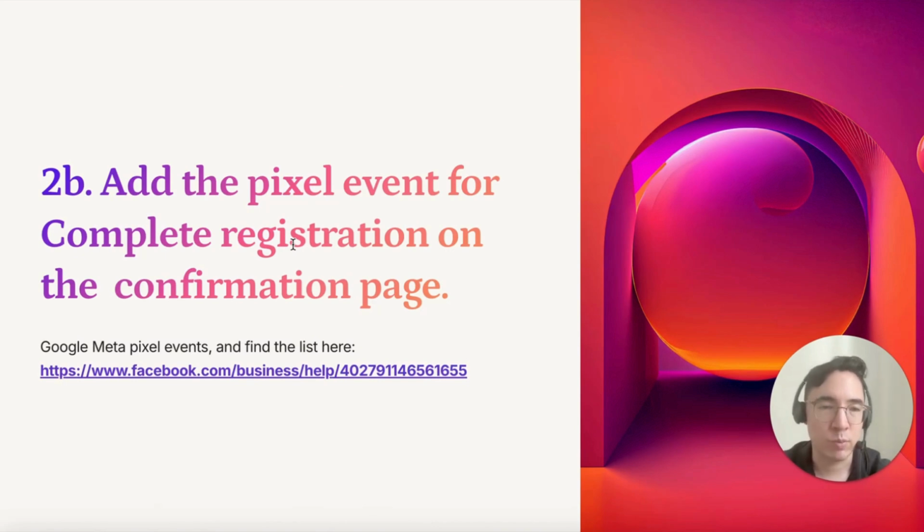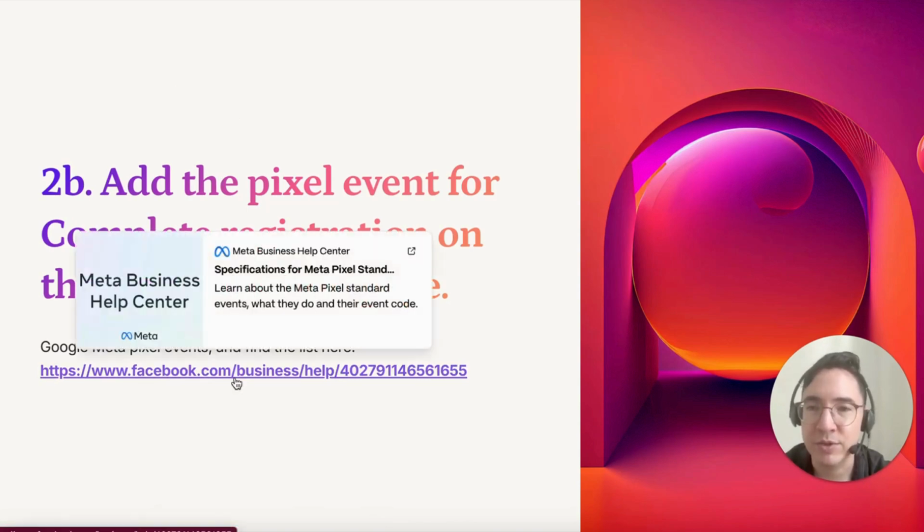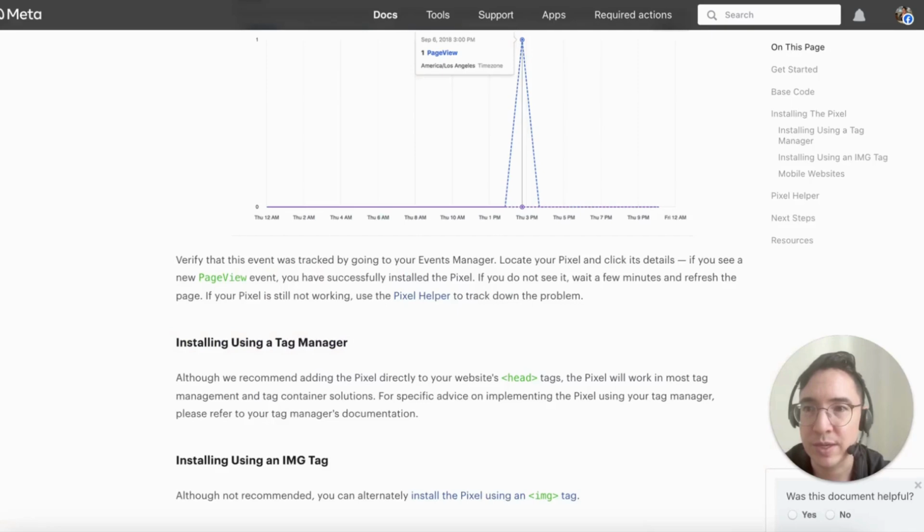We're not completely finished because we need to add the pixel event for complete registration. So this is the actual event that we want to optimize for. And it's really important that we add that on the thank you page. We want to make sure it tracks once somebody goes ahead and signs up on that page. But the question you might be having is, where do I get this pixel event from? So you need to go to Google and Google Meta Pixel Events, and you're going to find the official Meta standard pixel events, which looks like